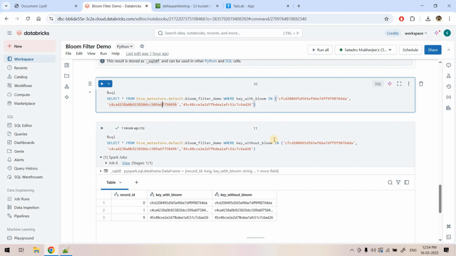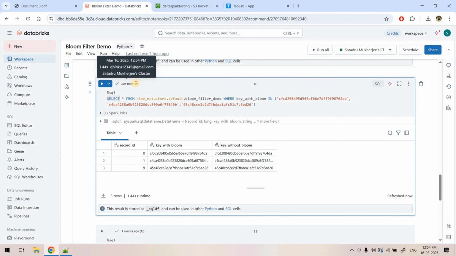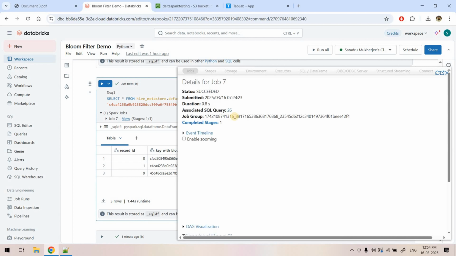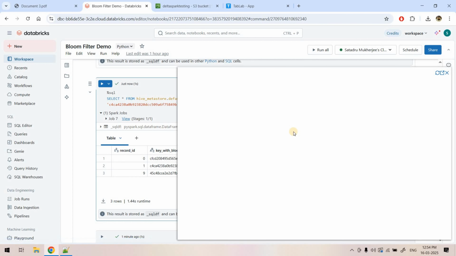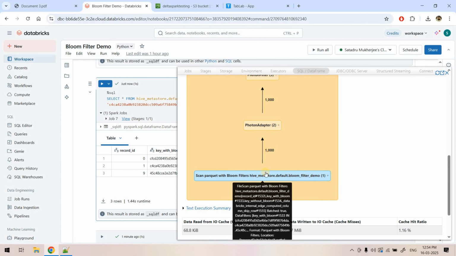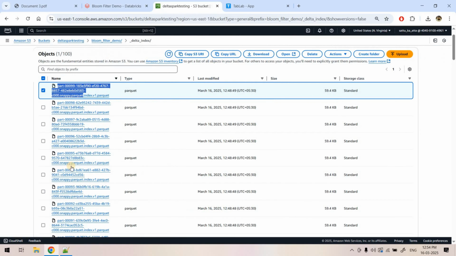Now what we will do, we'll apply the same code. Here if you see, the same filter I am going to apply, but this time with key with Bloom, and I will run this. So here also it has taken almost the same time, 1 second. But we will observe what changes it is making in the job view tab. In the associated SQL query, if you scroll below, here you see the beauty. It scanned the Parquet files, but from this layer to the next layer it returned only 1000 rows. That means the remaining Parquet files it has not even opted for scanning, based on this specific Bloom filter